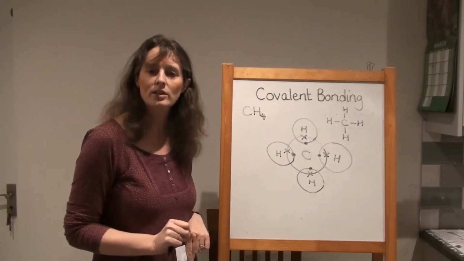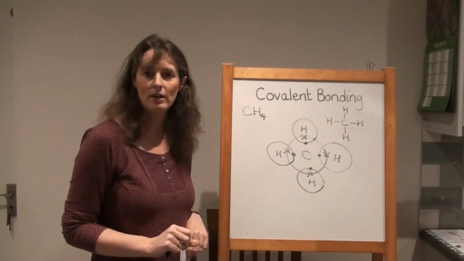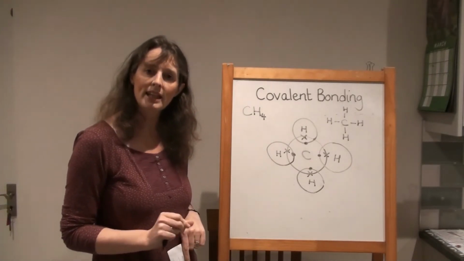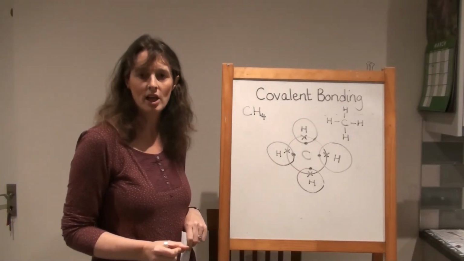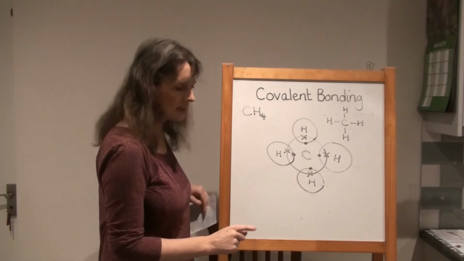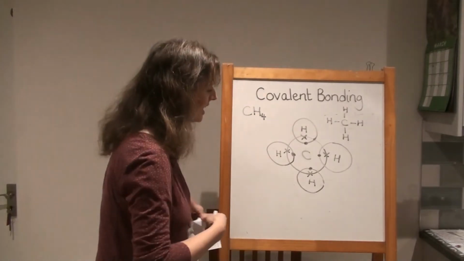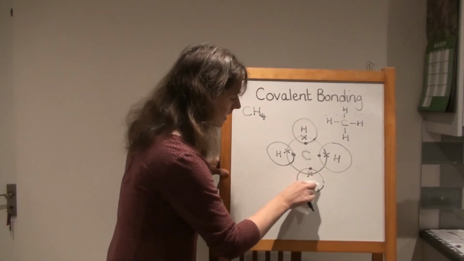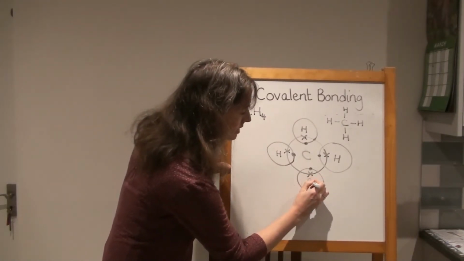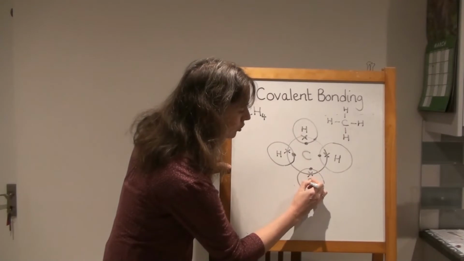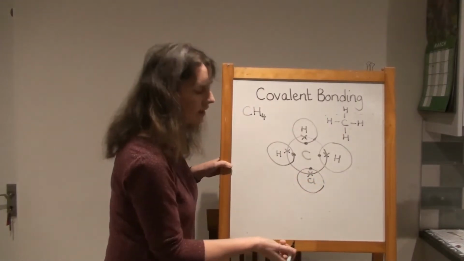It only needs one more to fill up the outer shell, which means it needs to share one in order to get one back in return. And what that means is I can turn this very easily into other molecules. So I'm going to label that as a chlorine, Cl,